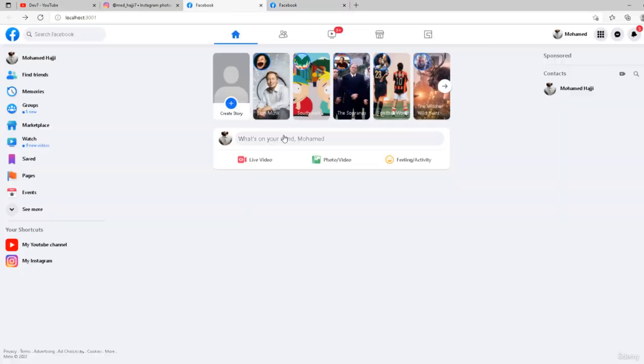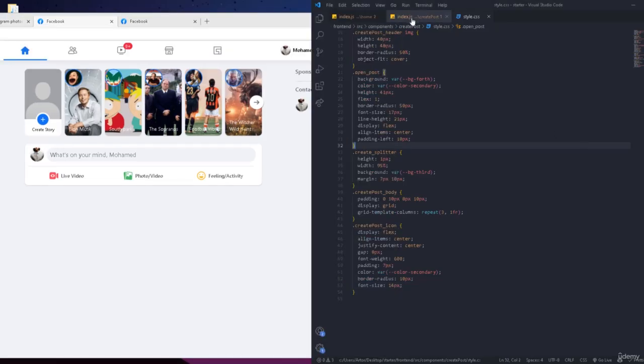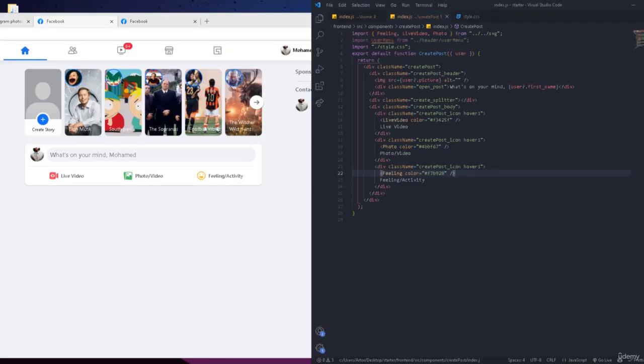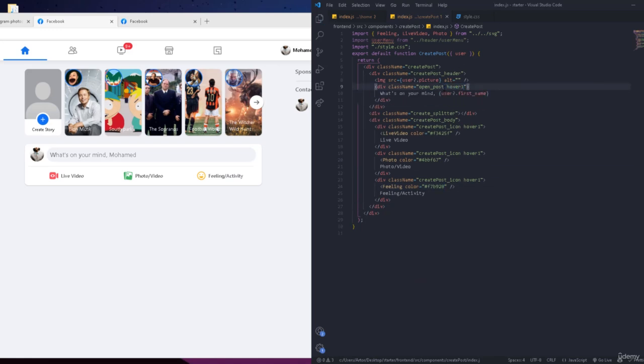So this is exactly what we needed to create. Okay, I feel like the hover is working. We can add a hover for this one too. Let me see which one we can add. Let me go to the create post, and we're going to go to this element, which is the open post. Let's add hover one. I don't know if it's going to work. 1, 2, maybe it's okay. So 2 works. So now we've